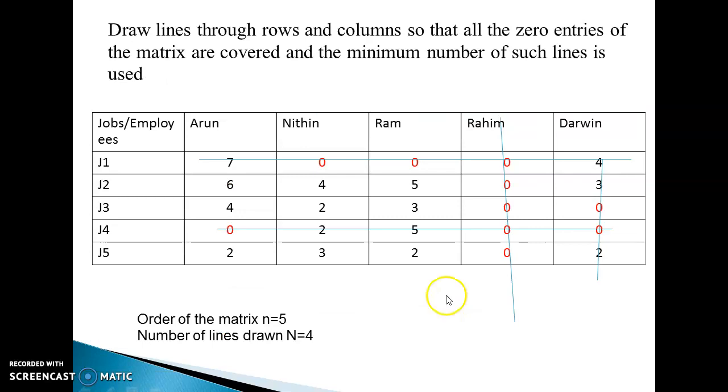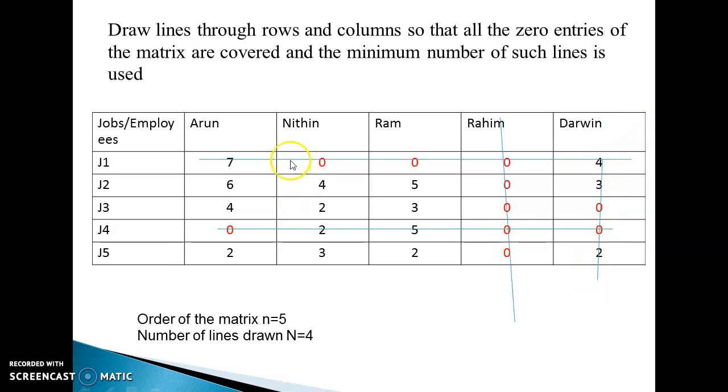So we get this matrix once we deduct the minimum value from each row as well as from each column. In the next step, we need to draw horizontal or vertical lines so as to cover all the zeros. So this horizontal line covers these zeros, and again one more line covers all these zeros, and this vertical line covers these zeros. So all the zeros are covered.